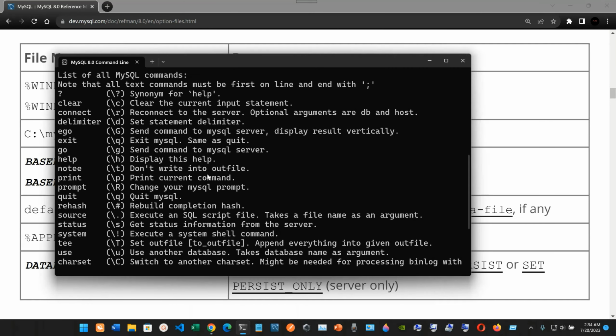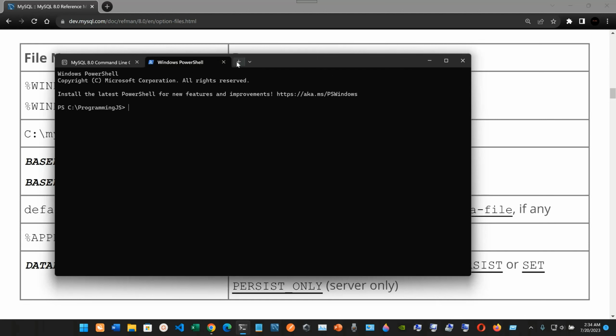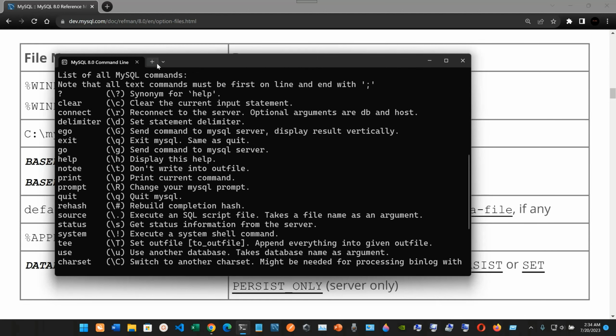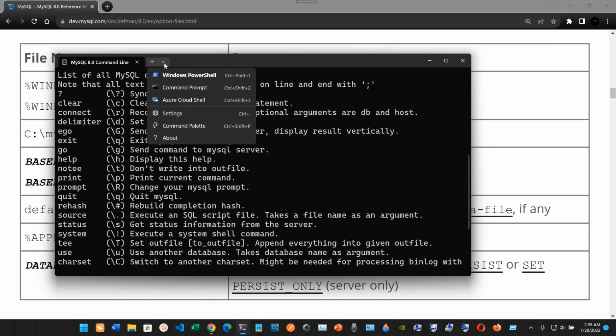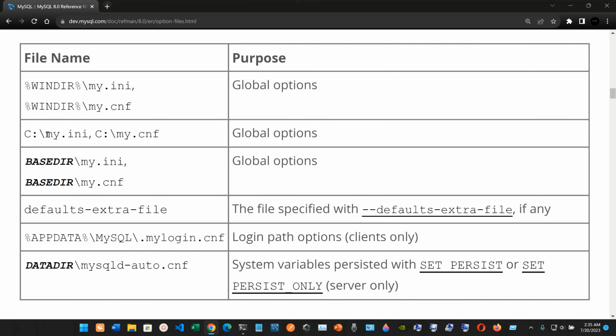So here we are using the MySQL command line, but if you go to this plus sign, you can click here, and then this icon, and you can choose from Windows PowerShell. You can use CMD, the command prompt, and you also have Azure Cloud Shell. So we have that. Here for the command prompt we have C:\my.ini,